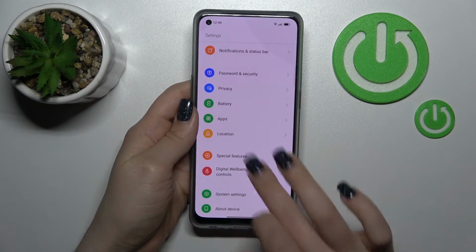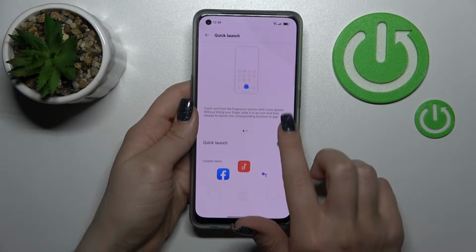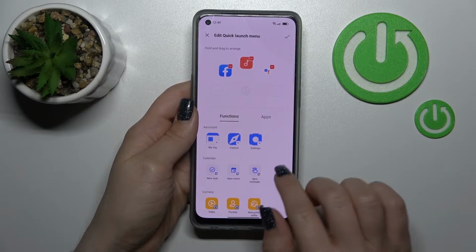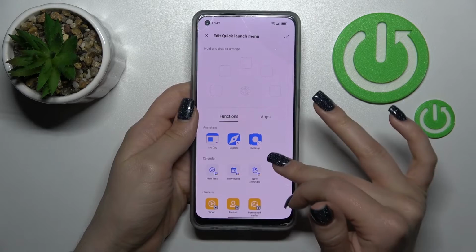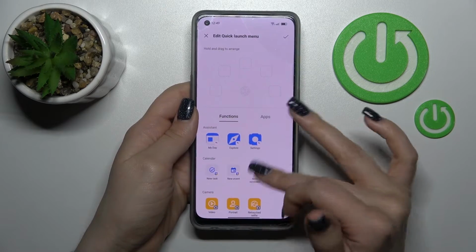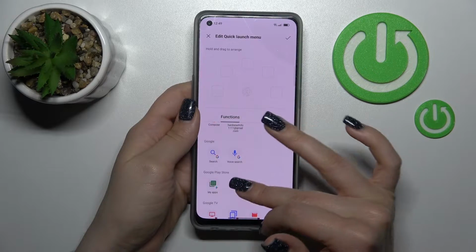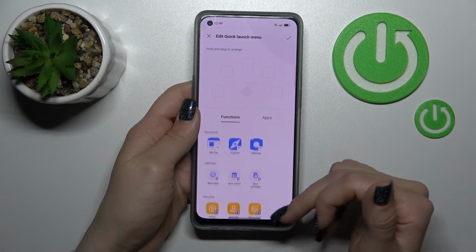tap here to the special features, then click here to the quick launch, and now we can see here the current menu. So we can click here to edit it. We can remove all of these applications, and we can here set some functions, for example to add the clocks, the contacts, the Google search, maps, and more other just